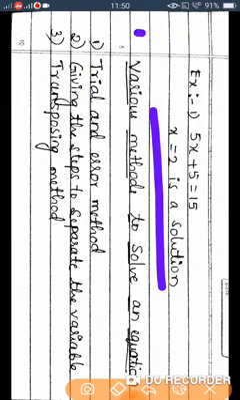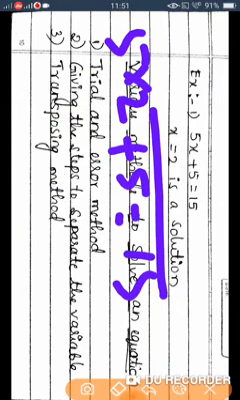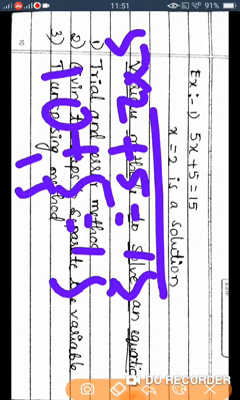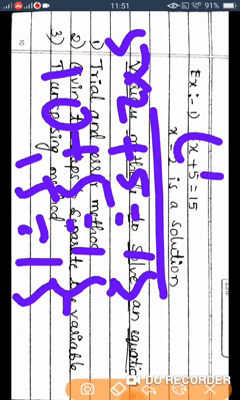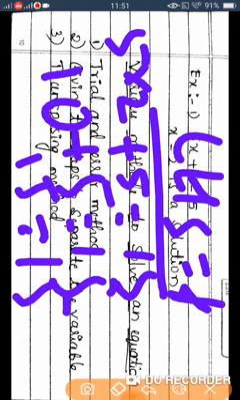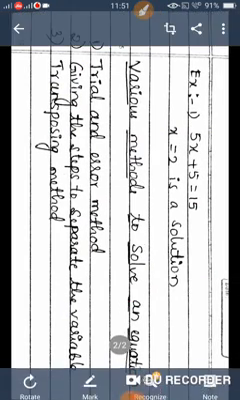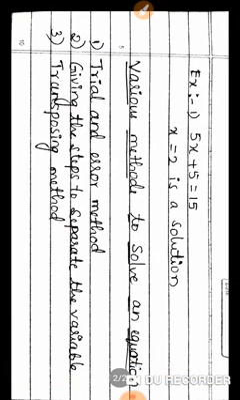Why? Because 5 into 2 plus 5 is equal to 15. So 5 twos are 10, plus 5 is equal to 15. So 15 is equal to 15. Is it not? LHS is equal to RHS. So this is how we can find the answers. And if it is an easy number, we may check. If it is a bigger number, or to avoid confusion, if you want to calculate directly, then